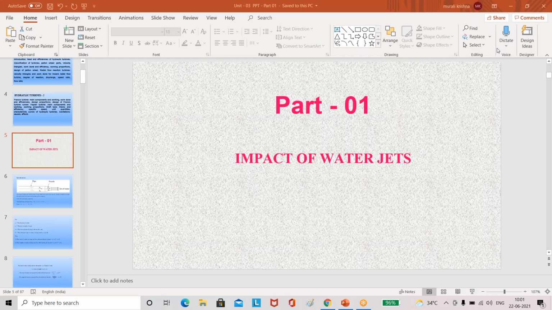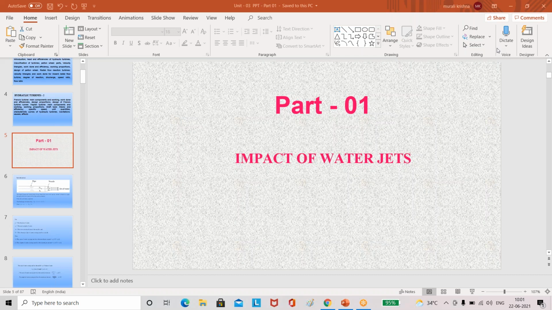Good morning, students. Last class, I discussed the force exerted by this water jet on the metal plate. We applied Newton's second law. According to Newton's second law, the force is equal to the rate of change of linear momentum of the body. That is Newton's second law. But we must apply it very carefully, because force is a vector quantity. Linear momentum is also a vector quantity.